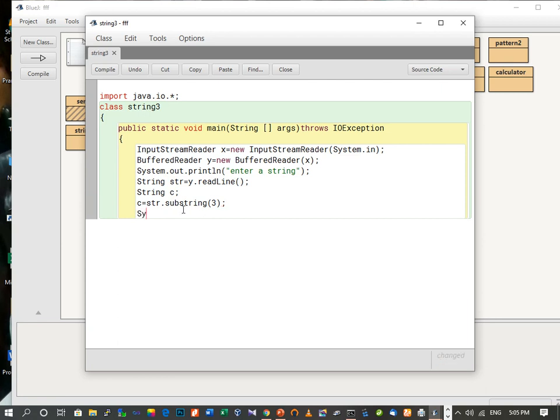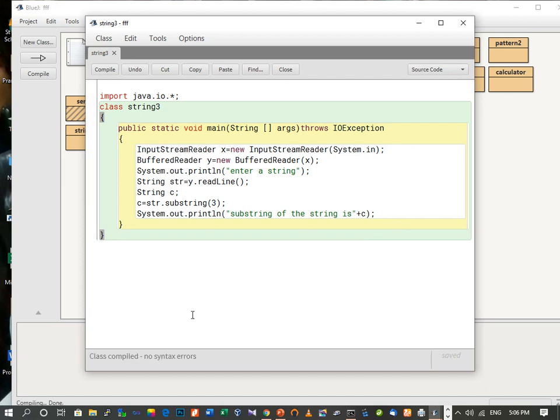So next we will print the value of C. System dot out dot println, substring of the string is, plus C. So let's compile this program.